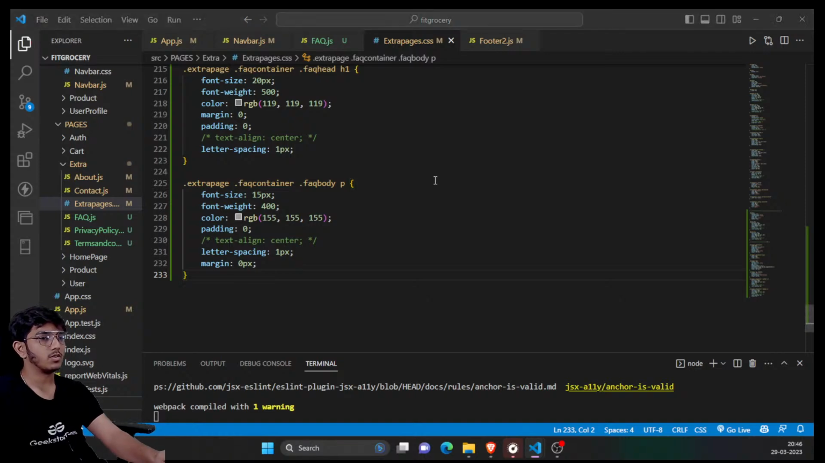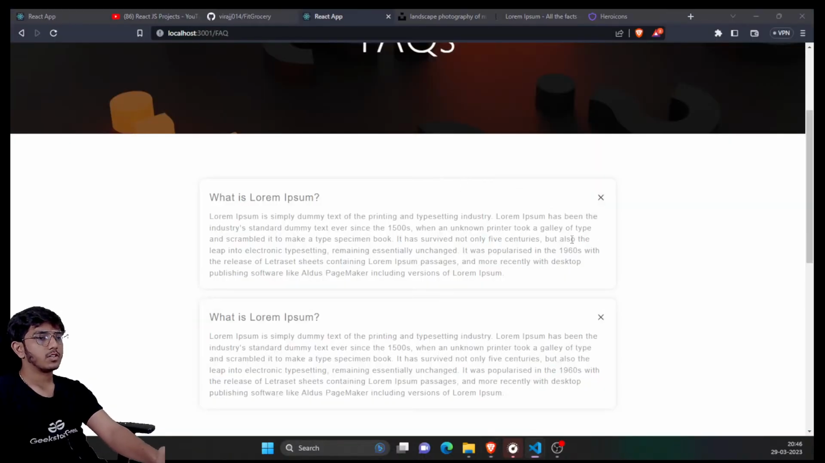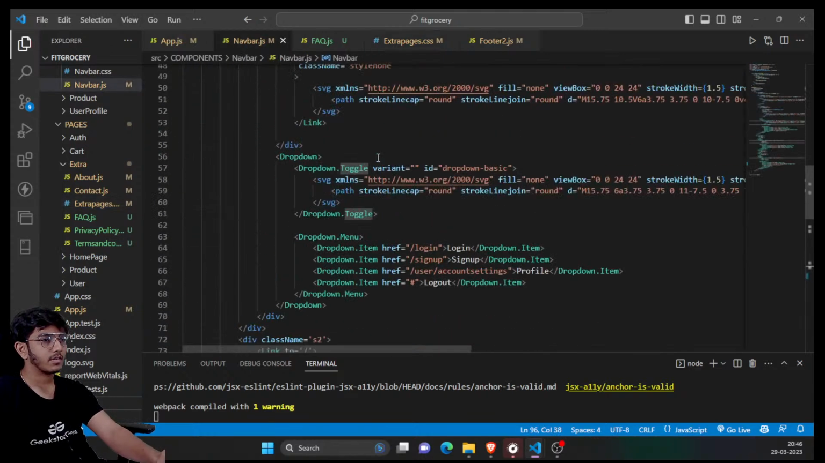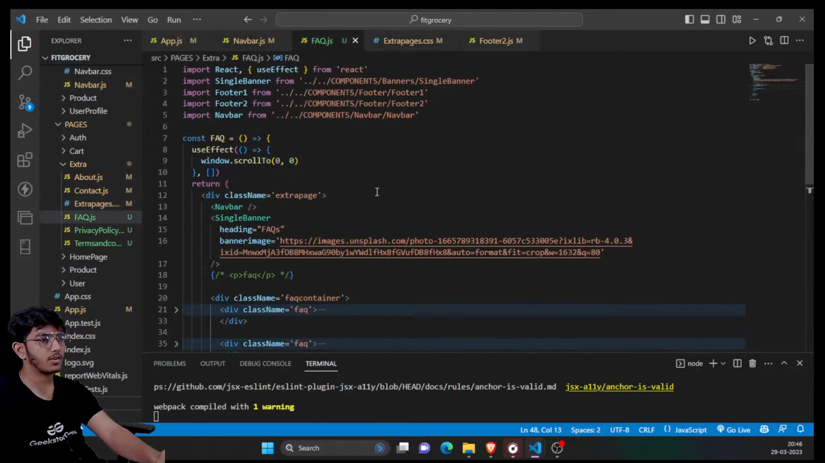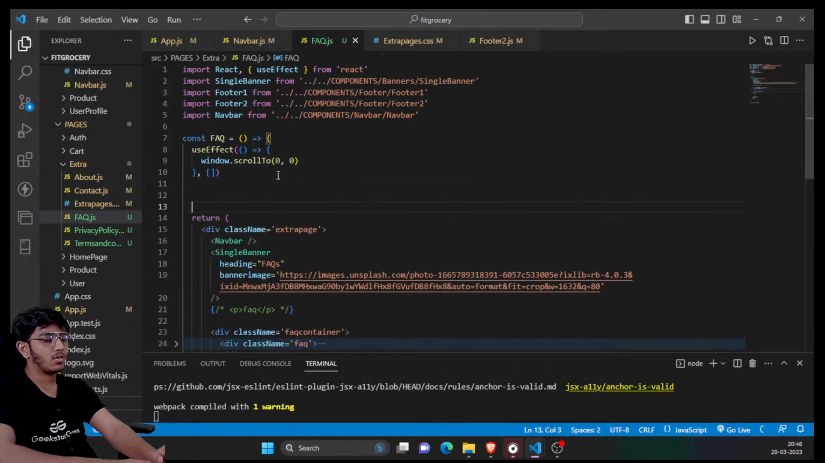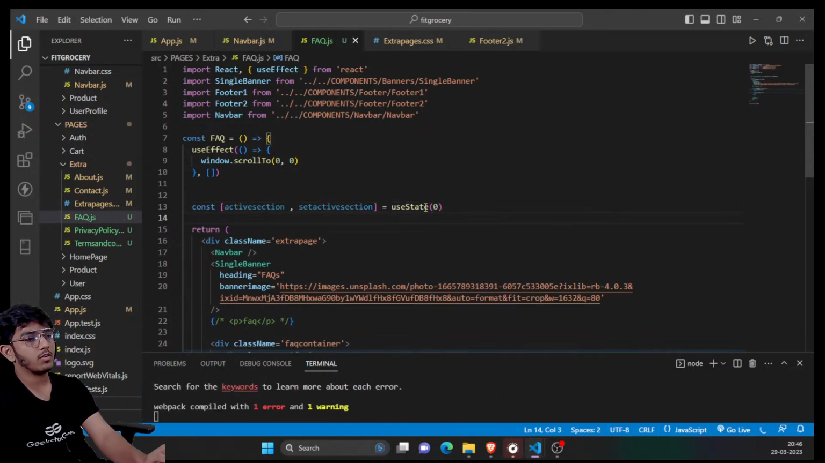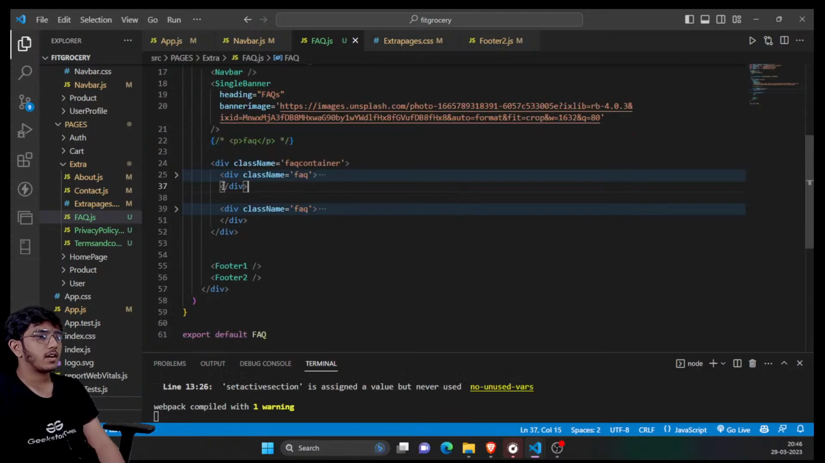Now we'll be applying logic to this. How can I do that? First of all, on the FAQ page, I'll say const active section, and I'll pass some values to this. Initially it will be 0, and you need to import useState. So import useState at the top, and then I'll say